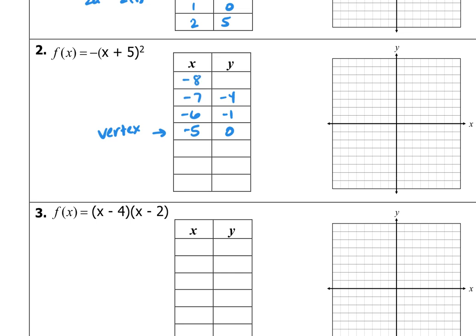-8, -9, and then -4, -1, -3, -4, -2, -9. And the negative here is going to tell you that it opens down. So the shape is going to look like this instead. So when I plot this,